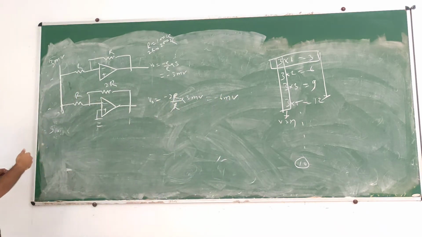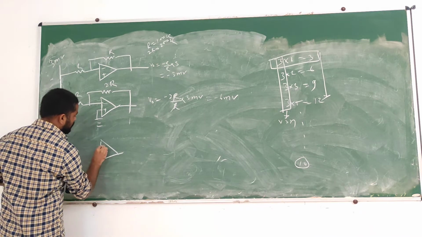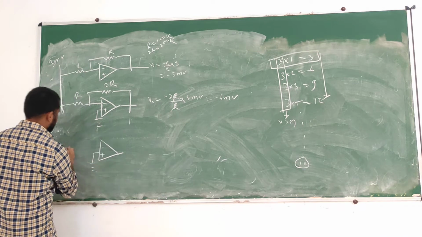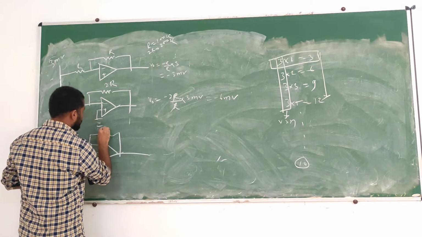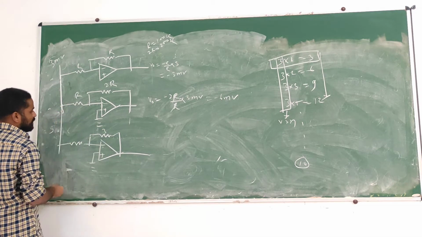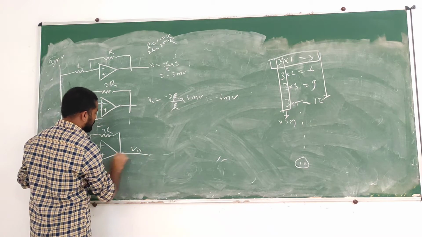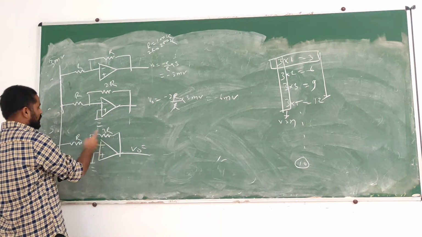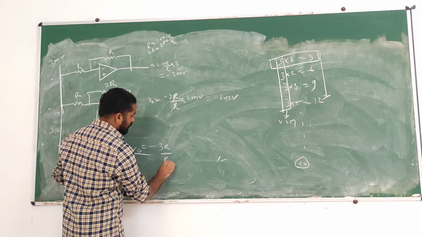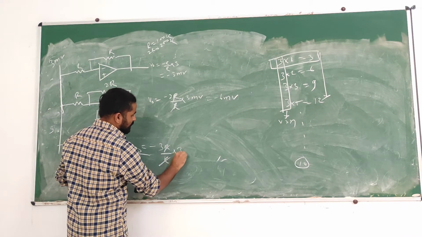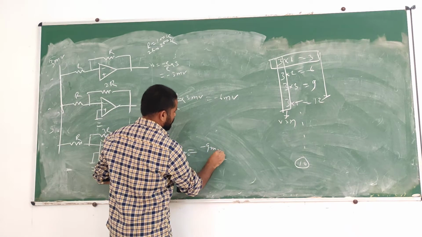Now same way you can draw till 10. Now I am drawing till the third portion. This is your same Vin. Now if you want to make this gain 3R and R, this will be your V out, and again what we have made is 3R by R, nothing but gain is 3, minus 3R by R, you got gain 3, and the input is 3 millivolt, you got minus 9 millivolt.